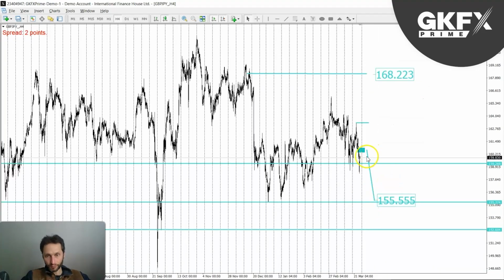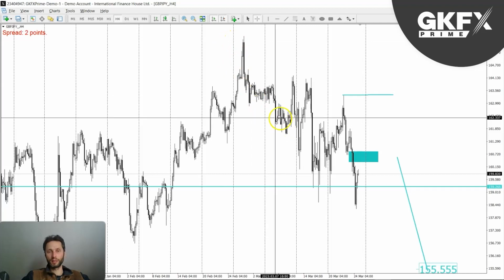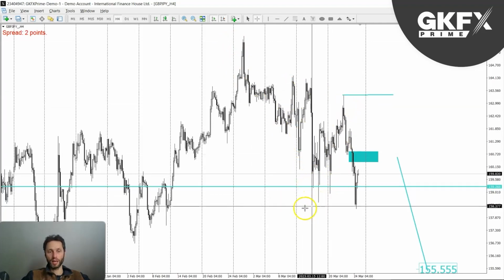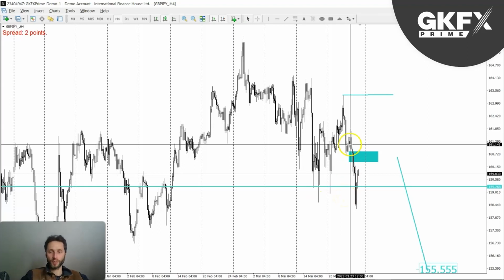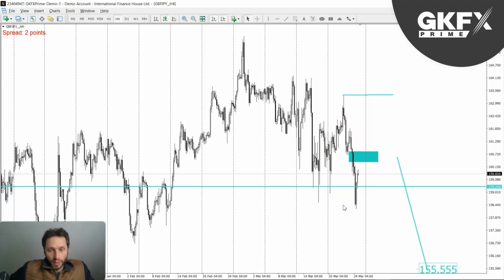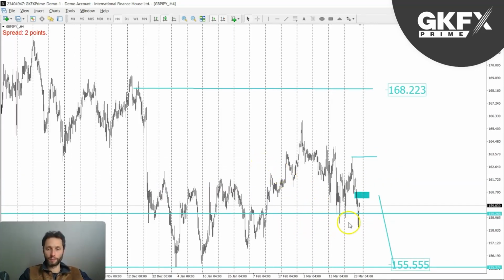So this is the turnaround point, and yeah, that could be a nice trade with a good risk to reward. We can see here the market, every time it tries to reach higher, collapses, tries to reach higher, collapses, and breaks the lows. And you can see as well this huge momentum to the downside. So obviously we are now with a strong yen, and we are heading lower. Well, it seems like we're heading lower.